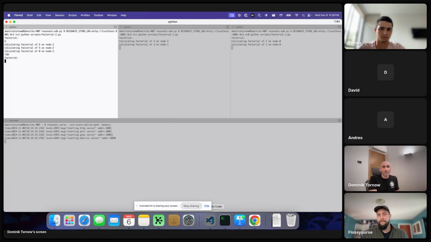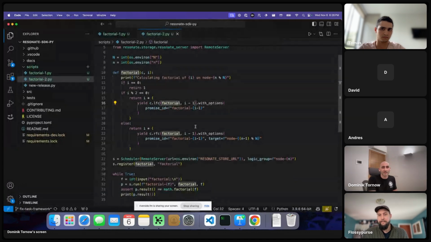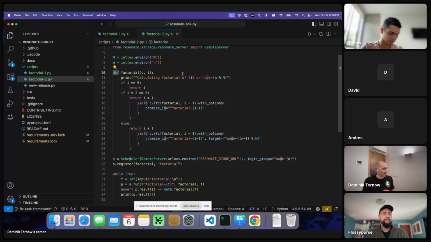And what I want to draw attention to, what I think is really, really cool about this is, first off, we're not trying to be smart, all right? We are not trying to pretend that the distributed system is not a distributed system. You are in control, and it is your responsibility to decide, do you want to run something locally or do you want to run something remotely, right? So you may want to run something remotely, for example, for fan-out scenarios, right? You have a job that consists of 10 substeps, and you want to distribute these 10 substeps across 10 machines, right?